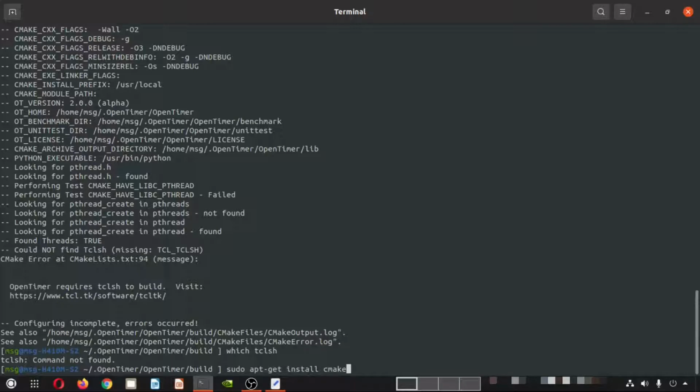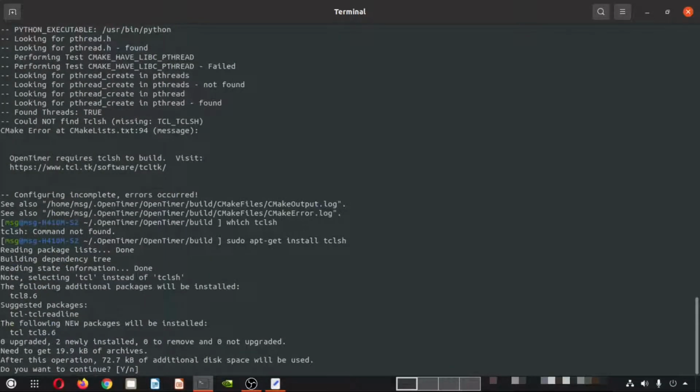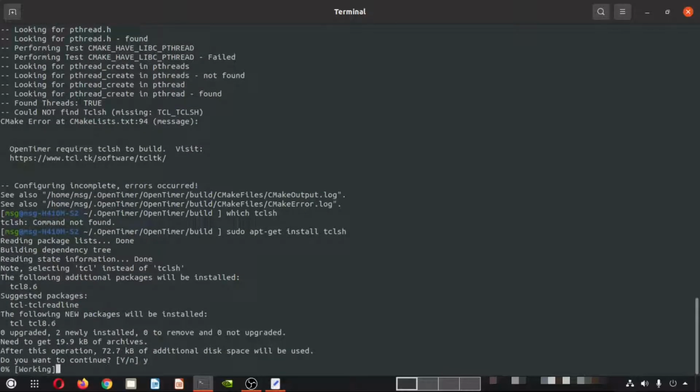Okay, let me bring up the sudo command. Again we have to do tclsh. So this is another command, the basic tcl interpreter. We can see here it is asking that it will install tcl 8.6. As we execute sudo apt-get install tclsh, the repository is there already inside. If it is not there, we have to go to the particular site as mentioned here, and we have to add the repository. Now I said yes, and it is going on.